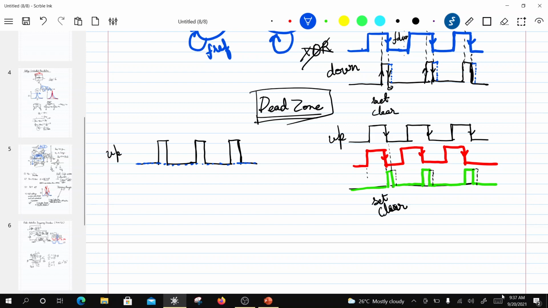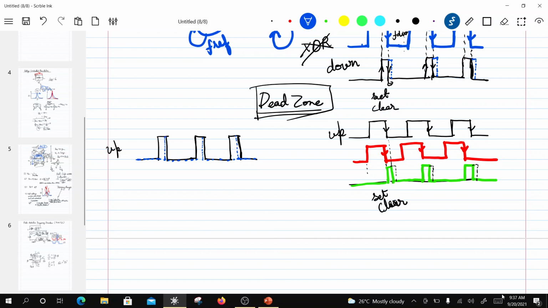Now if I want to remove the dead zone, I might give some bias to the down. Okay, so it kind of approaches first. Okay, so there is an overlap region here. Okay, this is perfectly fine. Why is this fine? This is fine because if the up and the down currents are the same, so source and sink currents are same,